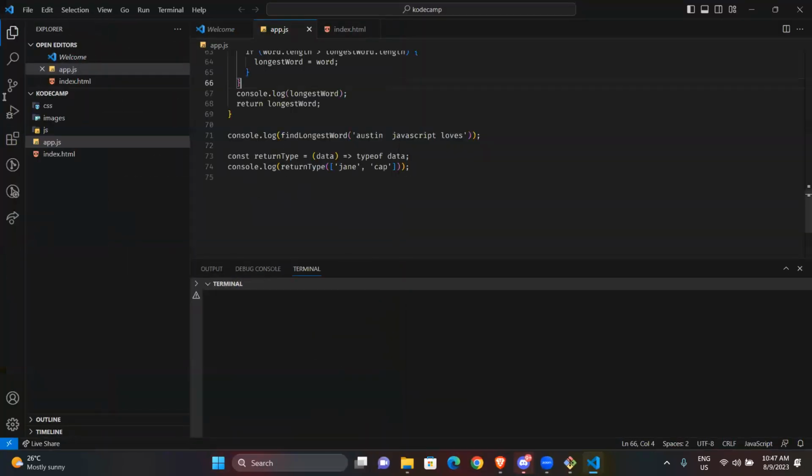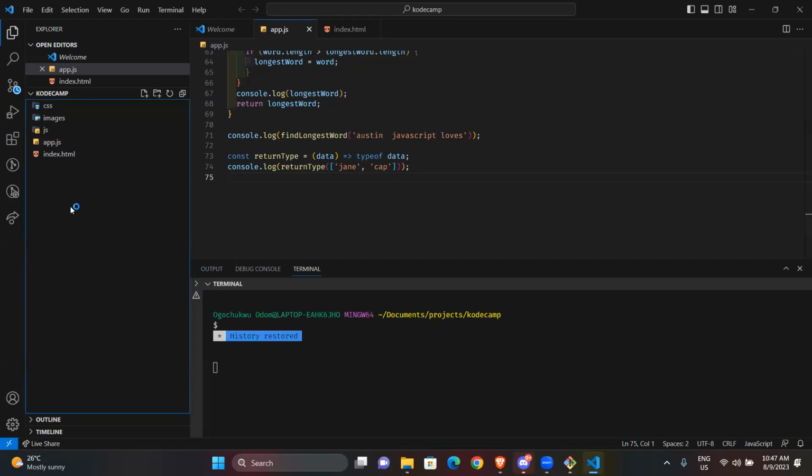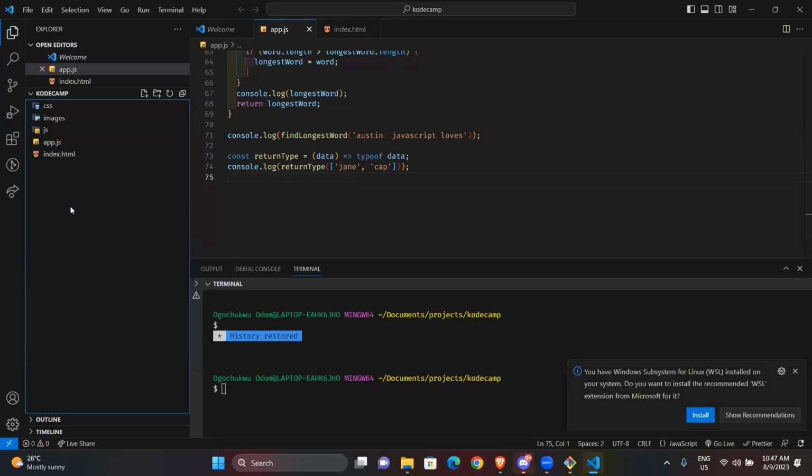All right, so here now, let's learn about npm. npm stands for Node Package Manager. And then we use it for a couple of things.